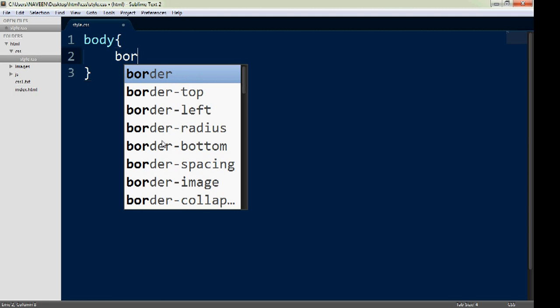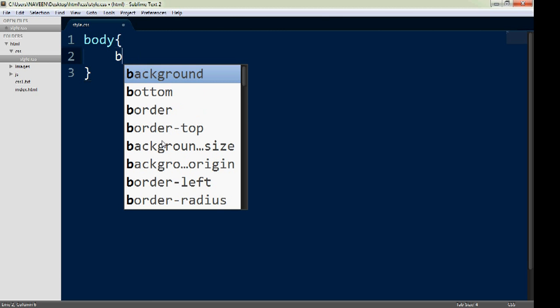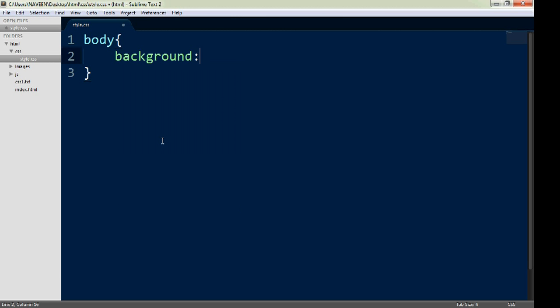You can see background color. I am providing first one. Background color equals to, I am going to write as blue. Okay, you can see blue right now. And just I am going to write opening the index.html. Just write, I saved the CSS